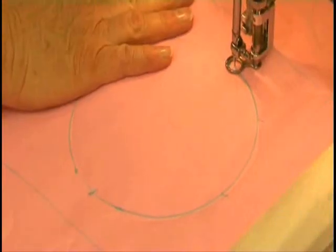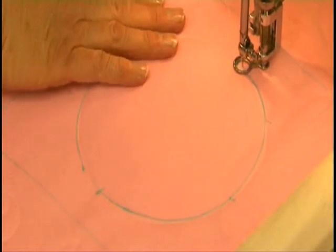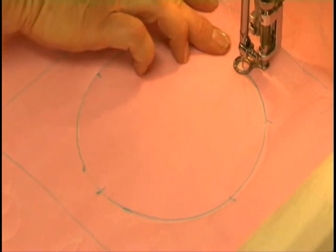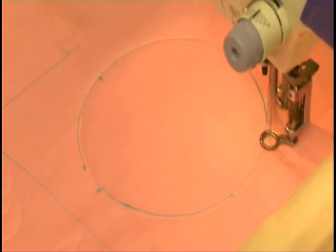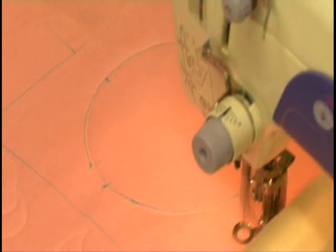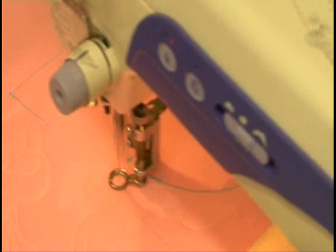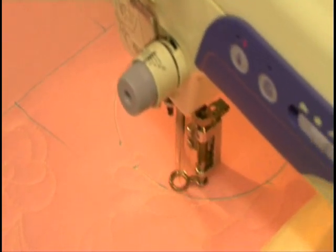Now we've come to our medallion. This medallion is actually 8 inches. Normally we would not be able to do that in our sewing machine, but I'm going to show you how you can do your medallion in 2 sections. I will start at the side here, and I'm doing this free motion. Just go around. I'm going to do feather around, follow the ring, stop here, then we'll go inside, follow through,